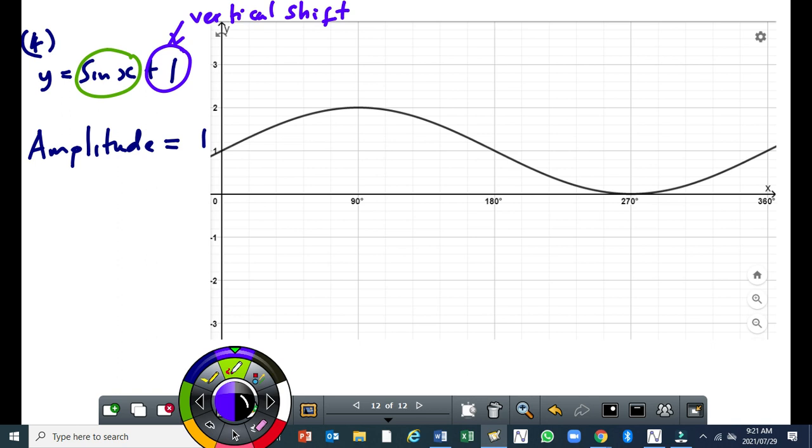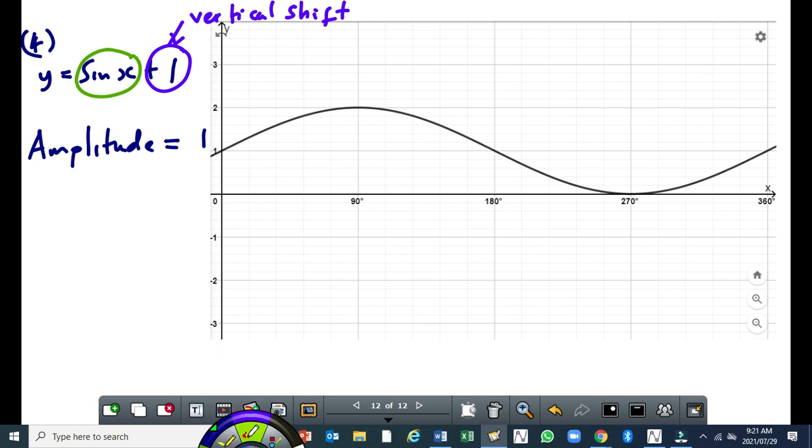Tomorrow I'm going to talk about the graph of tan, but I'll also discuss with you in more detail vertical shift. Okay, but it's not very complicated